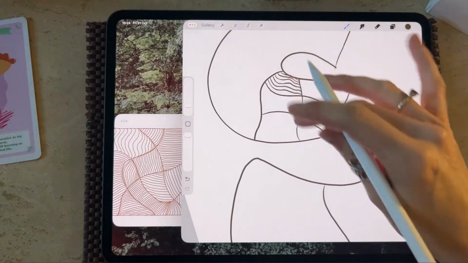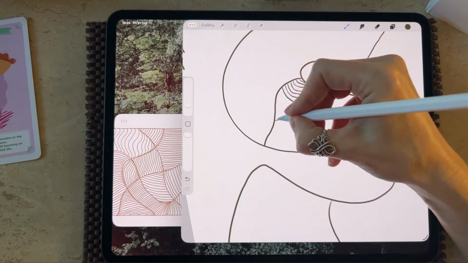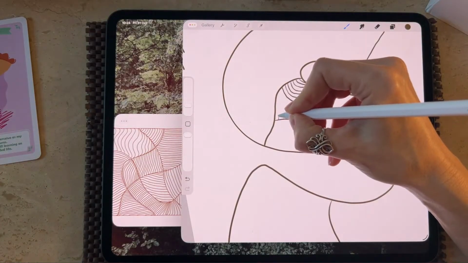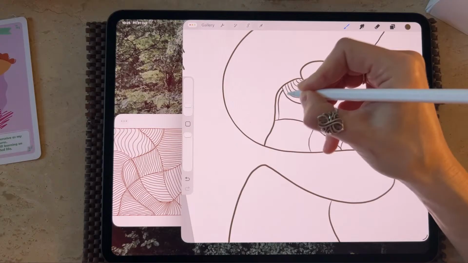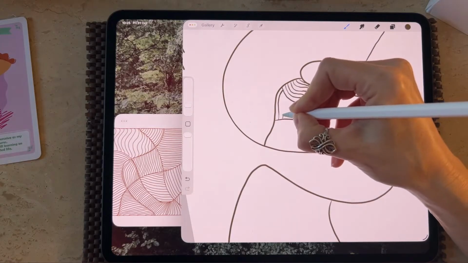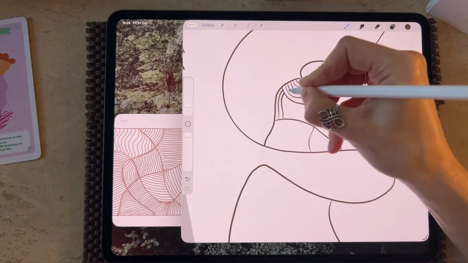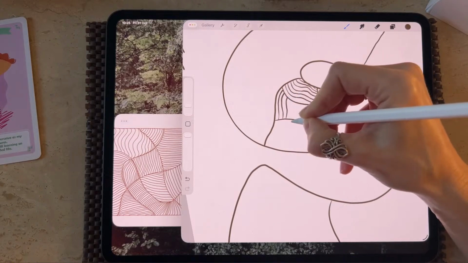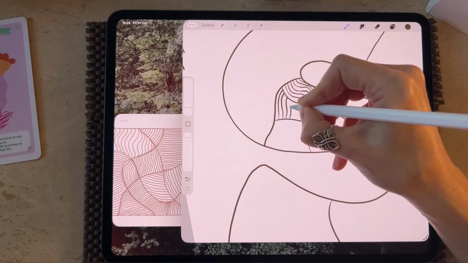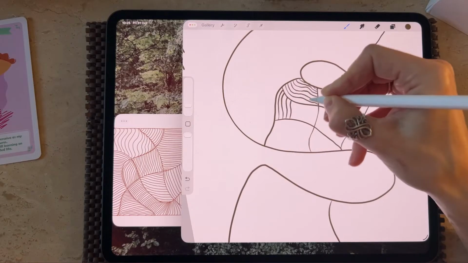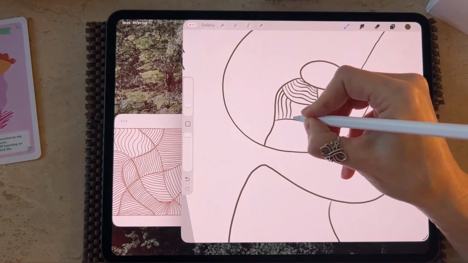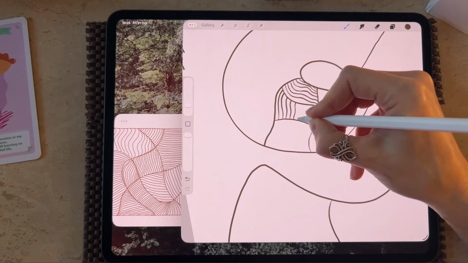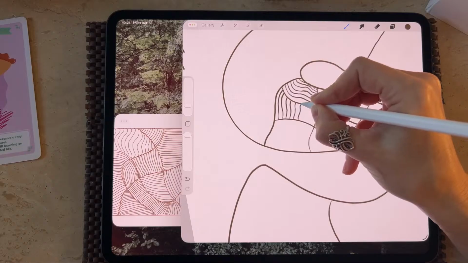Moving your page around so that your arm, your wrist, and your hand remains comfortable and at the optimum position. And maybe taking your time with the lines to sync up with your exhalation.